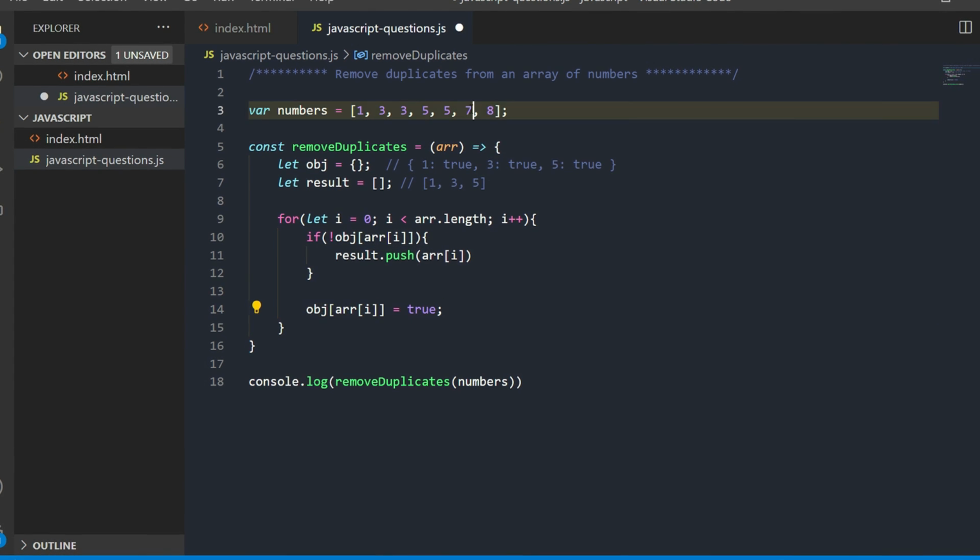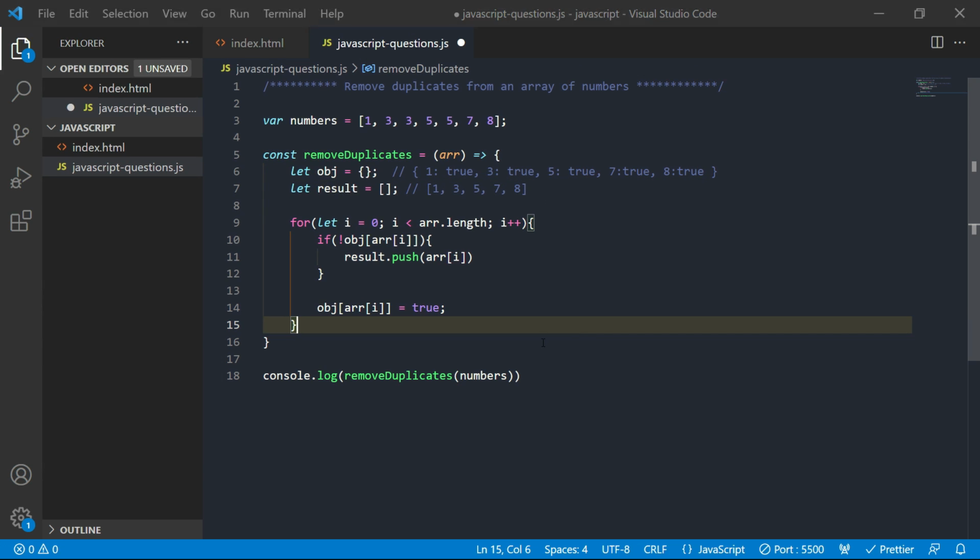Now we have 7, which is going to be added over here, and later it is also added here as true. Same for 8, so here also it will be 8. So that's how we get the result of removing the duplicates from an array.